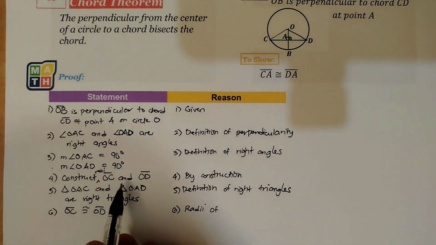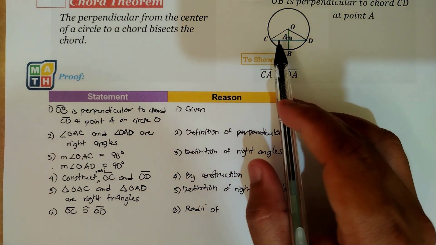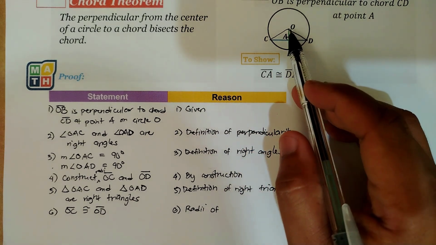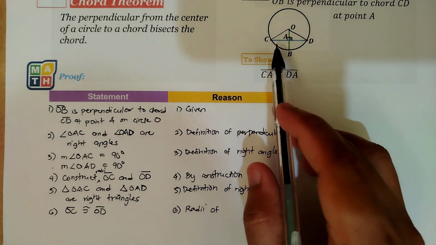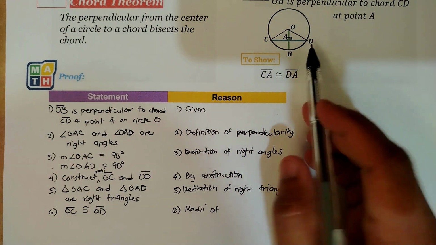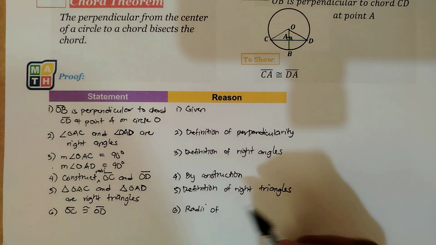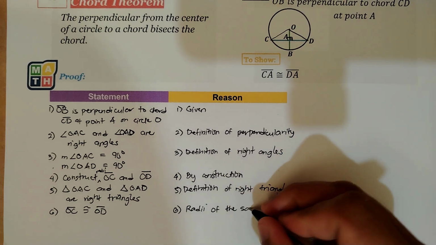Construct radii OC and OD so that it's really clear that OC is a radius. It's very obvious because O is the center of a circle and C is a point on the circle. Same thing with D. So as I introduce that, it's okay for me to do this. I forgot to do that, sorry for that. So radii of the same circle